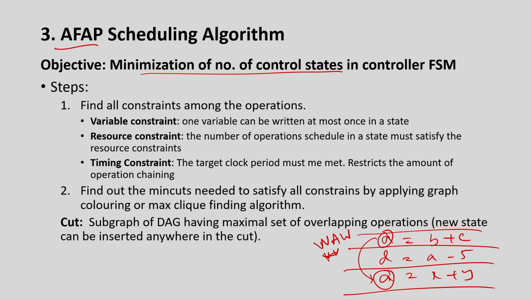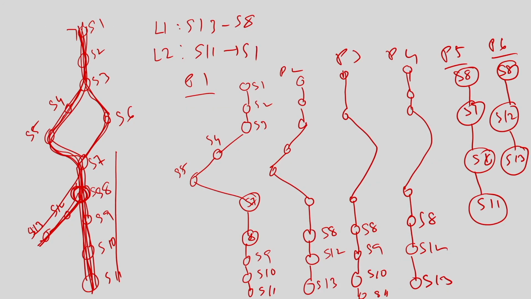So, that is why here, instead of applying the normal basic block based algorithm, I am going to apply this algorithm called AFAP. Okay. So, what are the steps in the AFAP algorithm? What is the input to the AFAP algorithm? It will take one path at a time, meaning all the operations in the path, and it will give you the minimum number of control states to schedule all these operations. This is basically a very conservative approach here. Initially it assumes that everything can be done in one control state.